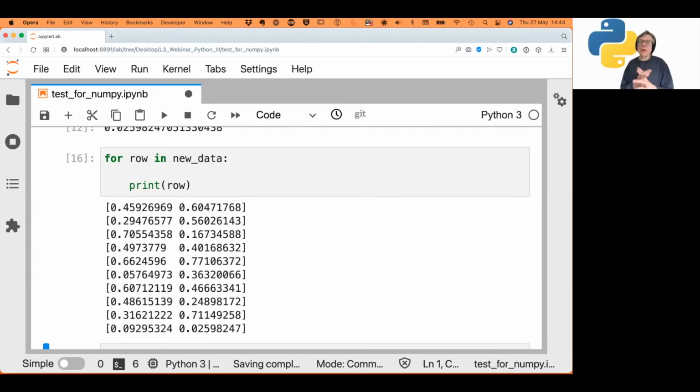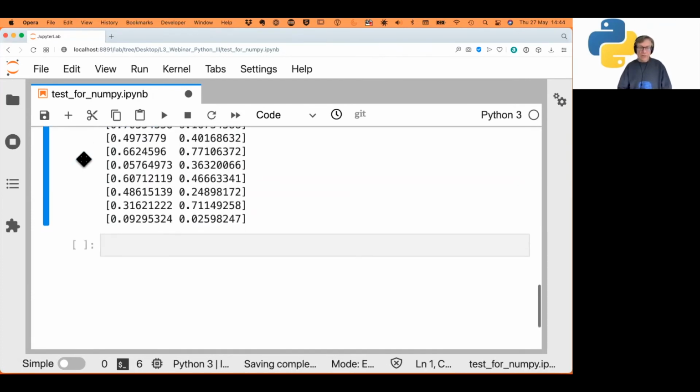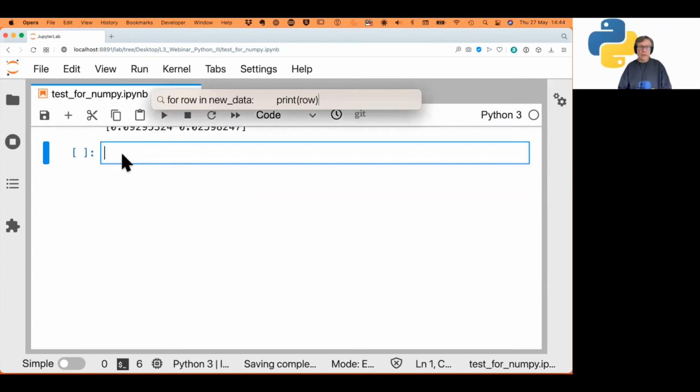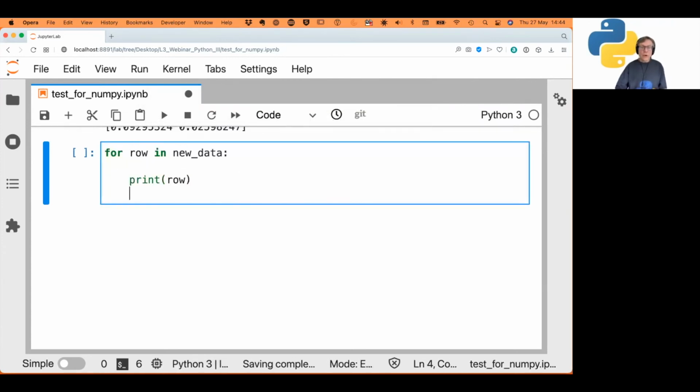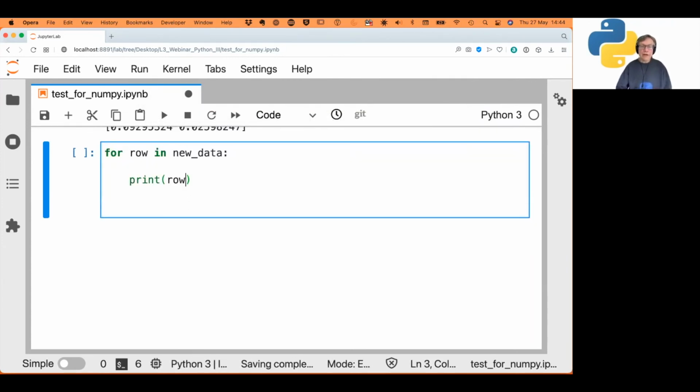The nice thing about NumPy arrays is that any operation that you do on such a row of numbers will be applied individually to every member. So it doesn't work with lists. So that's why iterating through nested lists is sort of tedious and you don't really want to do it. But in NumPy arrays, yes, you can do it. Namely, you can just copy and paste the code here. Here's my code. Instead of row, I can now have